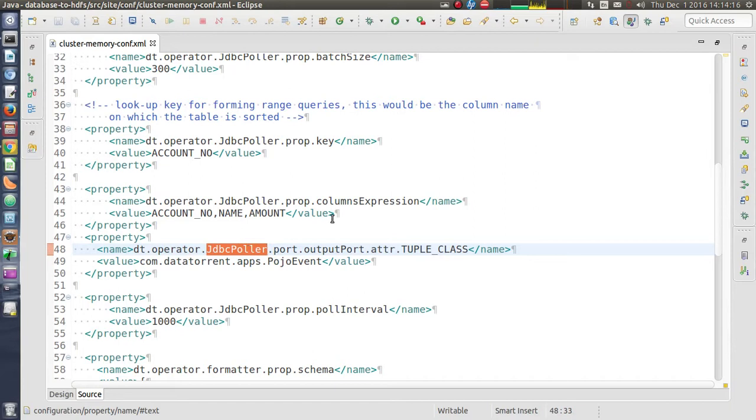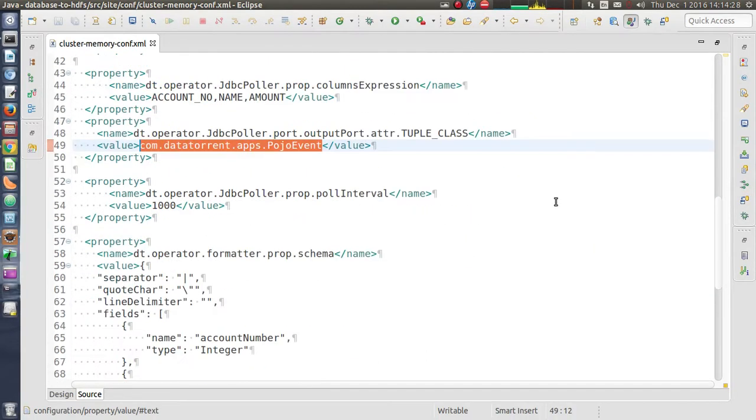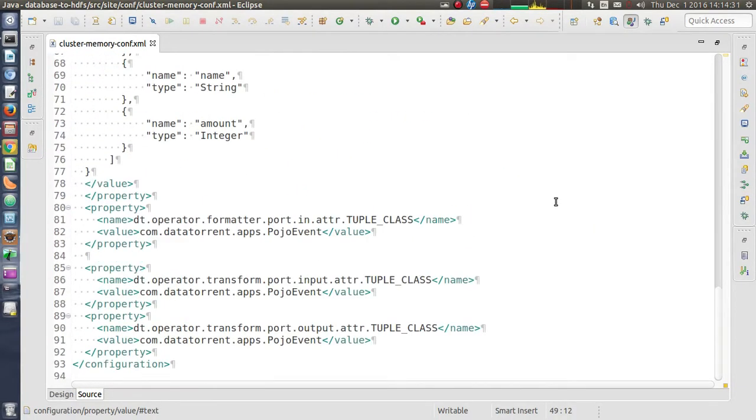So for the JDBC input operator, we are saying that the output port of this operator emits tuples of type POJOEvent. Similarly, we are saying that for the formatter, the input port handles tuples of type POJOEvent.